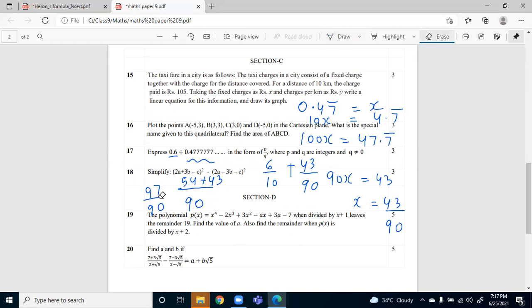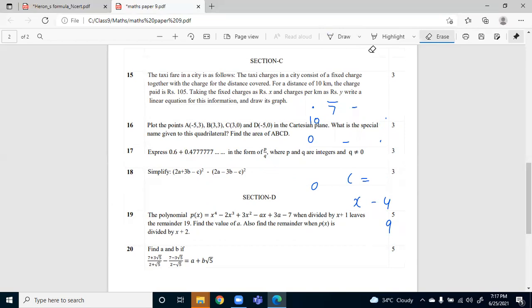Okay, so let's move to question number 18. Ma'am, I had a little doubt in this question. Okay. So that is identity number 5, which I am saying even yesterday, that it will come with a negative. Do you remember I told you it will come with a negative, a plus b plus c? I circled one question in the exercise, the negative question. Okay, so how will we solve this now?